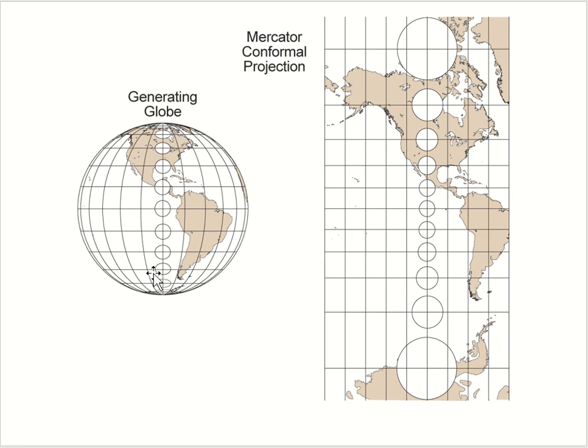One way this is shown, I mentioned the spacing of the parallels, is you might see these circles drawn at different latitudes on a globe, and to see what they look like here in the projected map. So the idea that circles of the same size and shape would look like this in a Mercator conformal projection. The circles are still circles. They haven't been turned into ovals or anything. But the circles at higher latitudes are much bigger than at the equator.